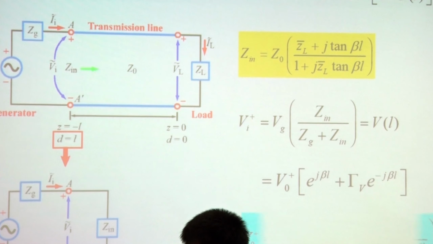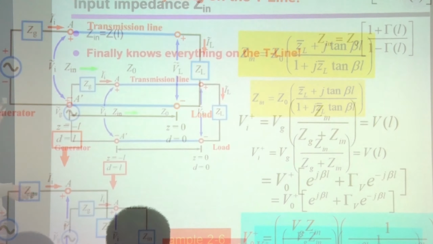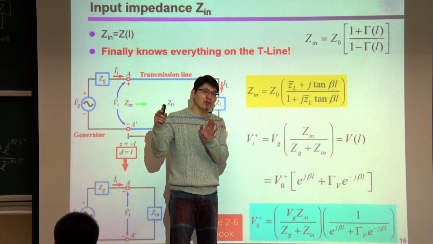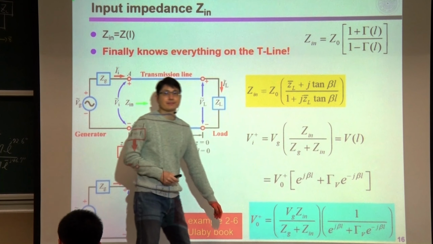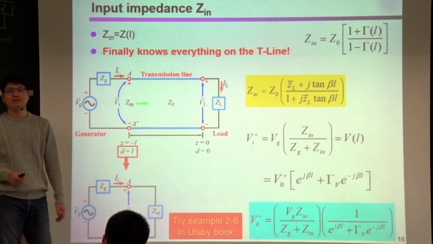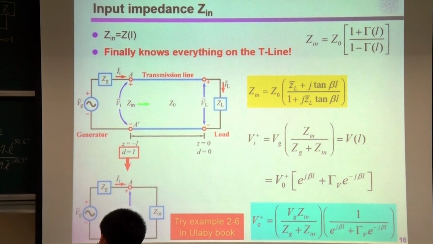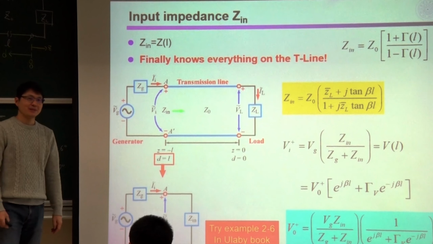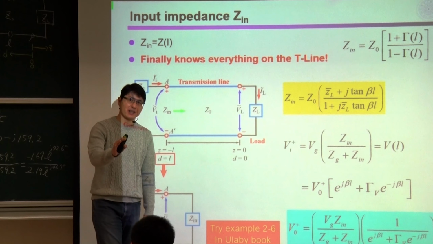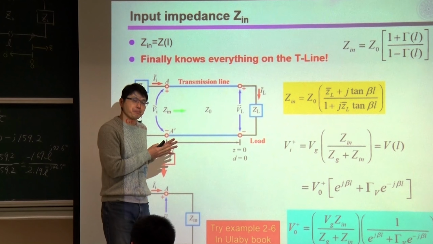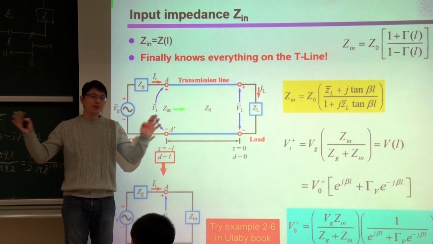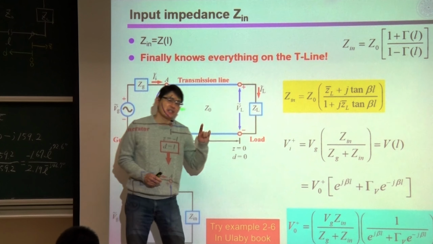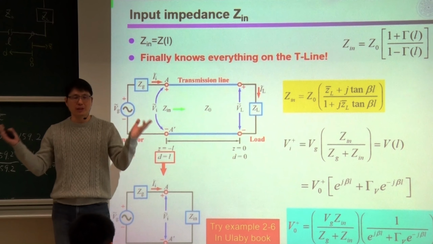Okay? So in the end, and that is known, right? V as a function of space, all you have to do is V of D, you let D equal L. That's it. So in the end, finally, after all this complication, we know V0 plus. Okay? So I apologize for slightly going over time, but this is a better place to stop. So after all this trouble, we are able to solve for V0 plus. Once we have this V0 plus, we know V0 minus, and we know I0 plus and